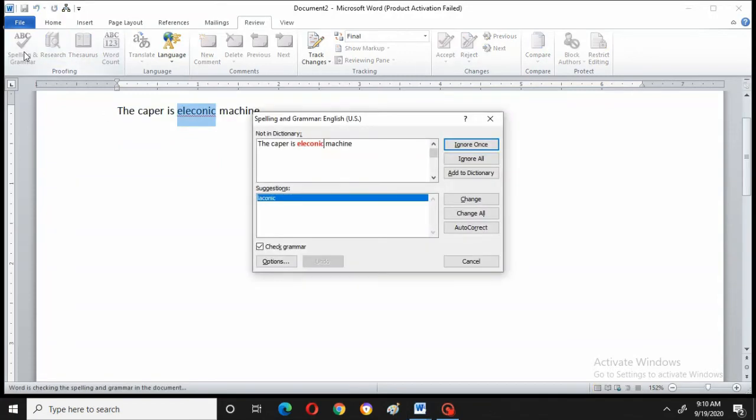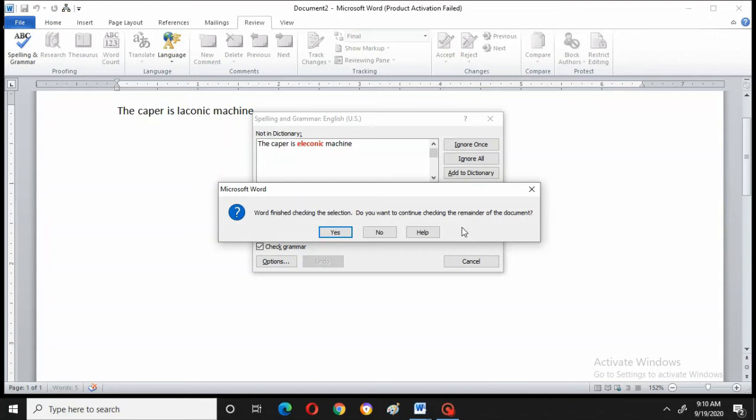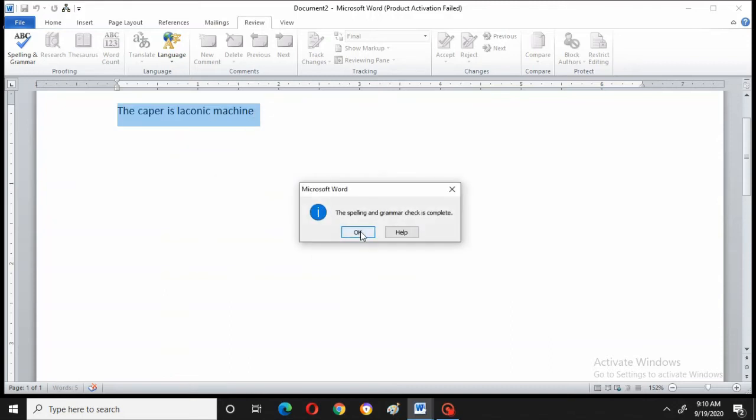Go to spelling and grammar. Now it is taking that. Okay, whatever it is. Now we'll go to this word, electronic. The word should come there. So I will say autocorrect. What it is saying is that it is correct, because I have done ignore the first time. I will say yes. Okay.